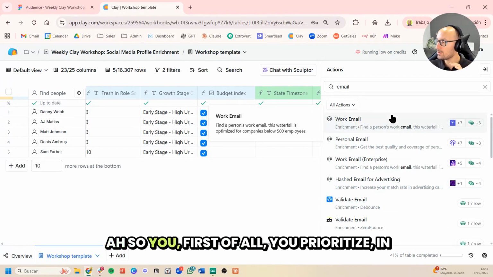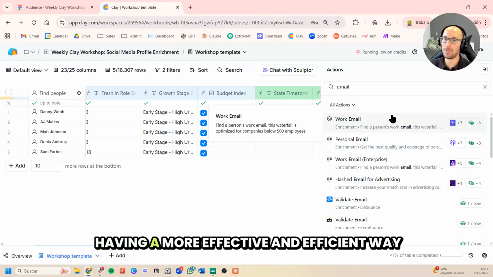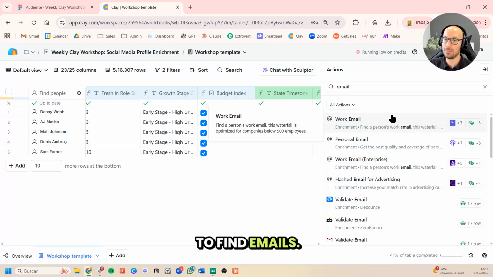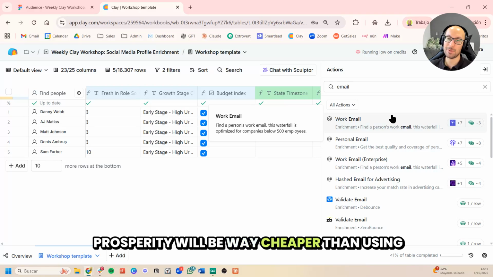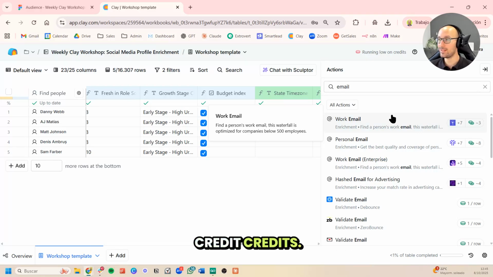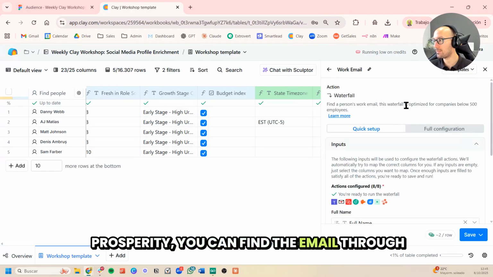First of all, if you subscribe to Prospero, you will prioritize it, as it is a more effective and efficient way to find emails, because running the API calls to Prospero will be way cheaper than using credits.